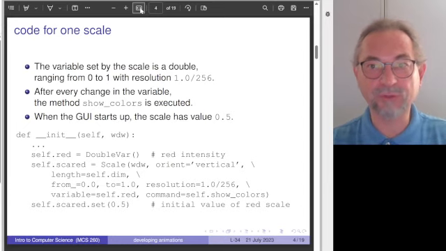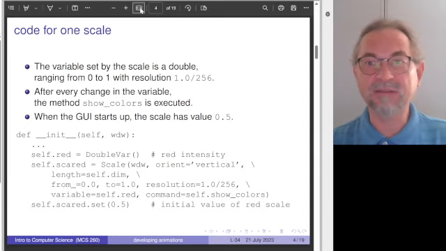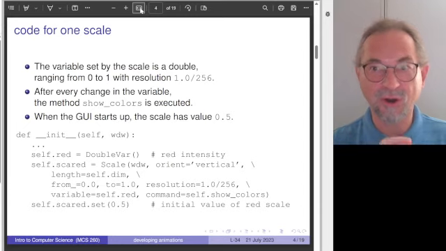First of all, what do you do with the scale? You set the value of a variable. A scale is extremely useful to restrict the ranges of good values. If you build an application with many parameters, it's rather cruel to ask the user for all kinds of values, and the user may have no clue, but you as a developer, you know what the good ranges are. So you can also set a default value. At the bottom line, set is a method that is defined on an object that is